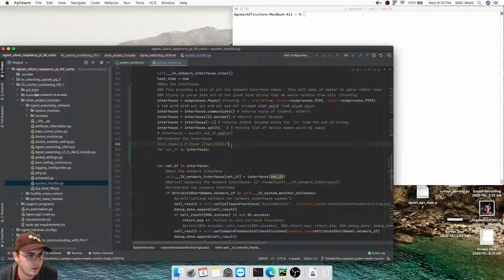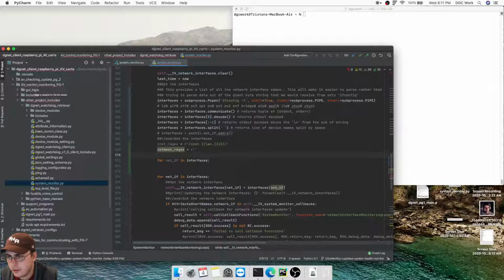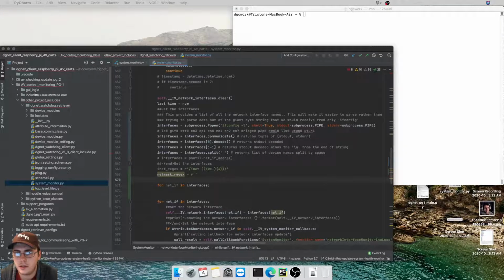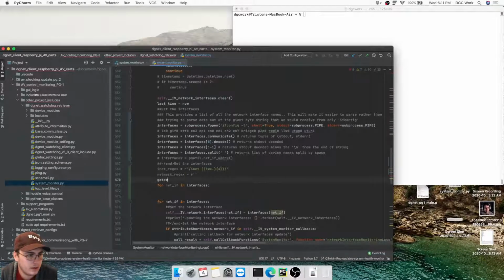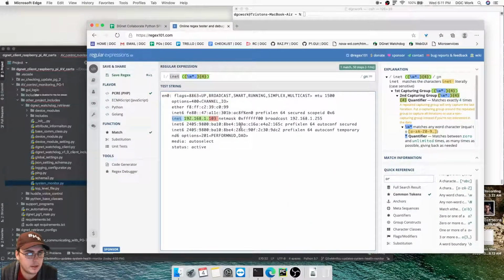I think I had an R there. Anyway, inet regex. What else do we need? Netmask regex equals R blah blah blah. And then we also need a... what's it called? In the SPD here, it's called a gateway. Gateway regex equals R string blah blah blah. Okay. The gateway one's going to be easy because I just add